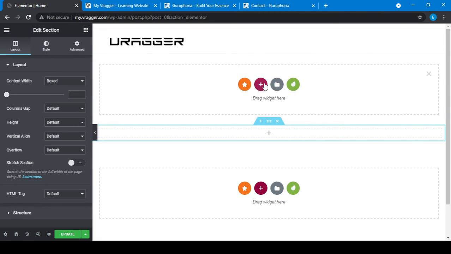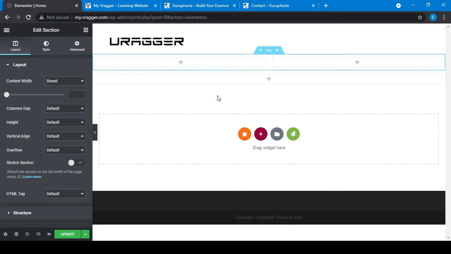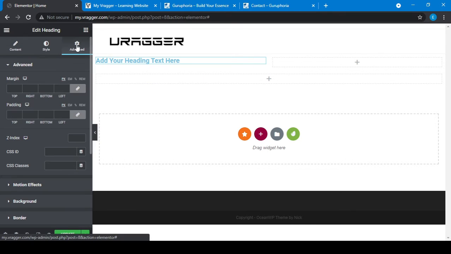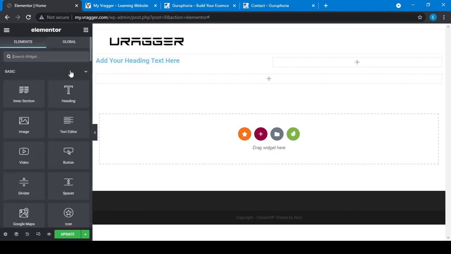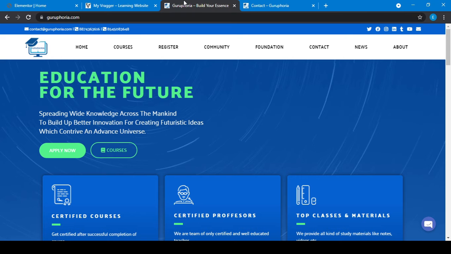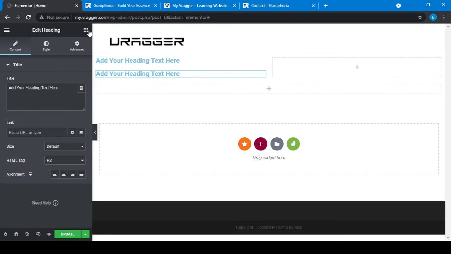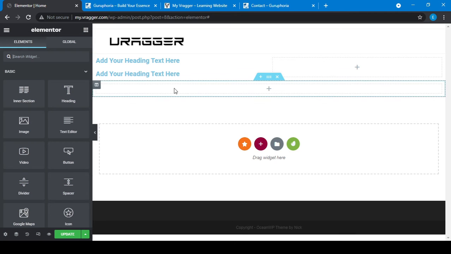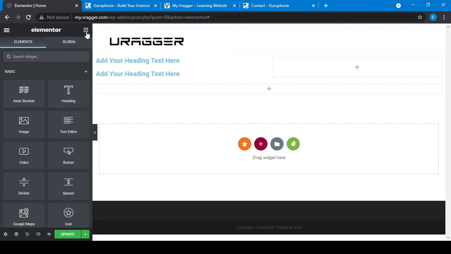If I choose another section with 2 columns and put all the things here, I will choose a heading, then also a subheading, which will also be a heading. Okay, then let me drag it here, then 2 buttons. If I go there and choose a button, but before that, I think, yeah. So what I will do,